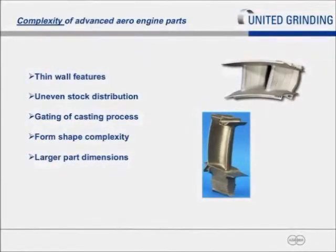So what happens is you end up with surface burning, surface cracking, and a lot of other undesirable features. Uneven stock distribution, one of the things we're noticing too is some of these materials are so complicated in the casting process, they have to have enormous gating to get the metal in, maybe venting to get the metal out. So when the pour is finished, they remove these gates and vents, and a lot of times these things are quite a bit oversized because they don't want to cut too close to the part, because typically the removal is